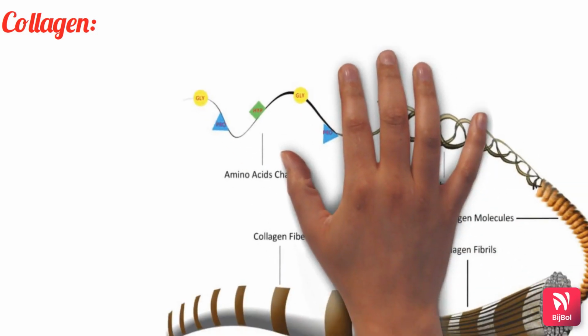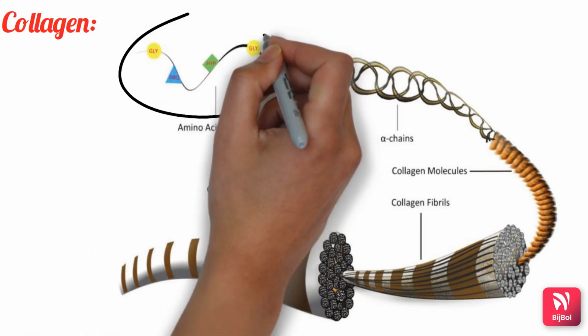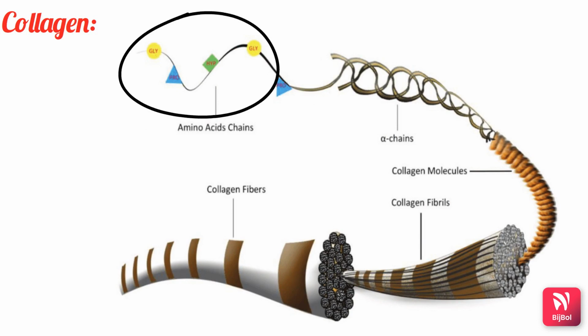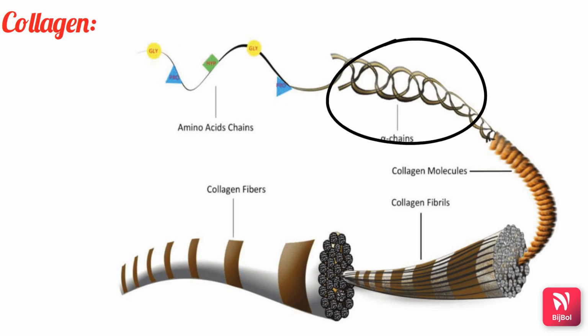So these are the various components of extracellular matrix, of which collagen is a very important protein, which is formed by fibroblasts. And collagen, as I told you, is a protein, so it is made of amino acids. So what are all the different types of amino acids? That is glycine, proline, hydroxylysine and hydroxyproline. These are the various amino acids which help in formation of an alpha chain. So each collagen molecule is formed by 3 alpha chains which are twisted in the form of an alpha helix